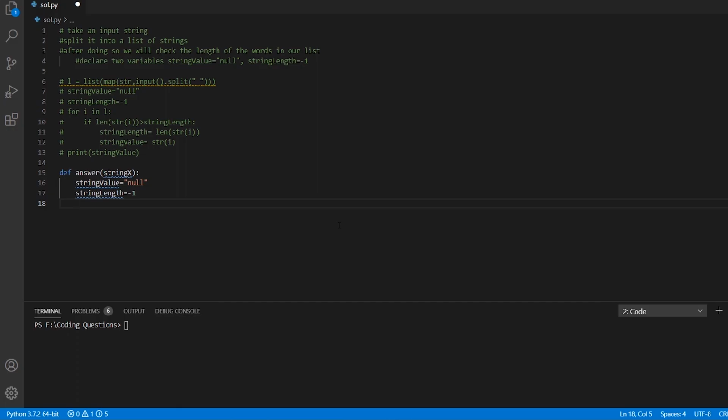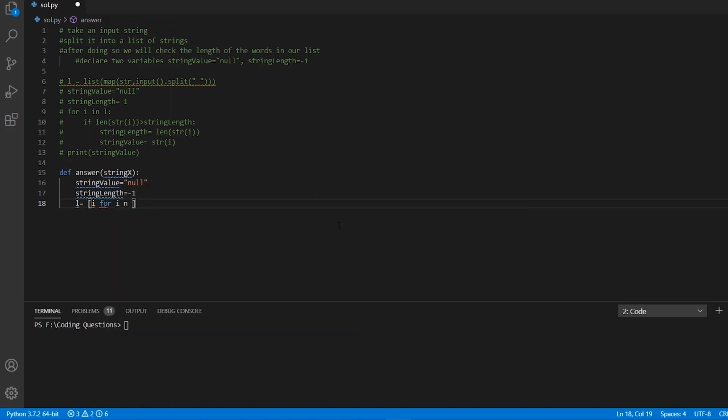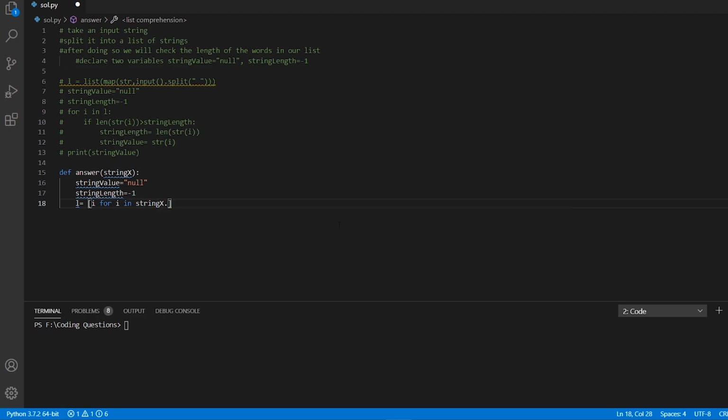What you can do is create a list, let's say L, equals to, and I want to create a list, so I will write i for i in, and since we are taking the input from our function, which is the string x in this case, and since we still need to separate our words from our sentence, we use the dot split function here and we pass in the parameter.